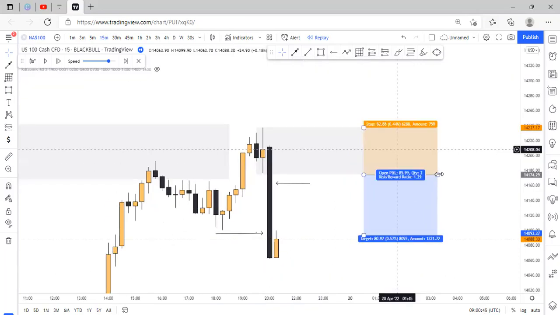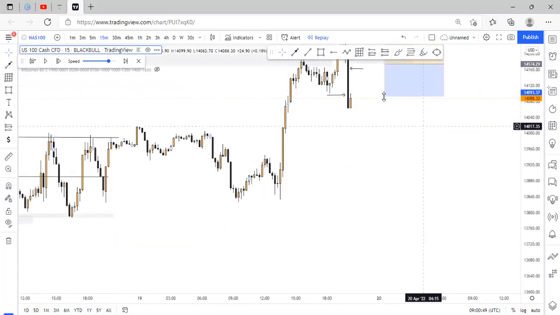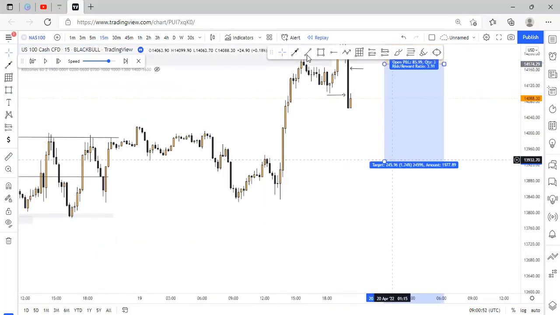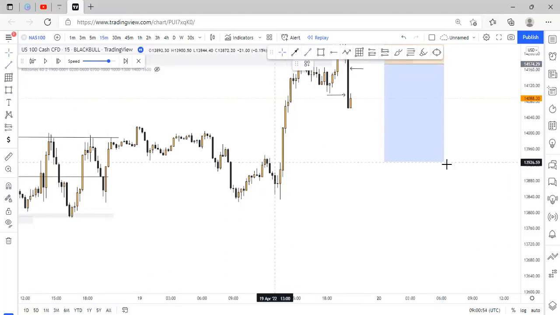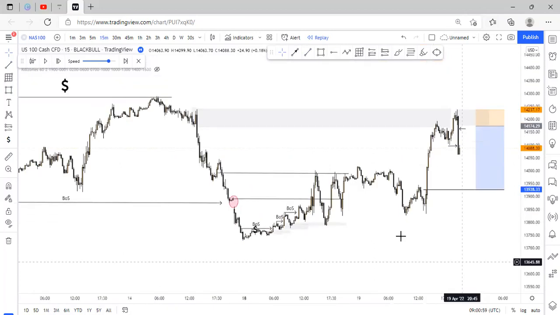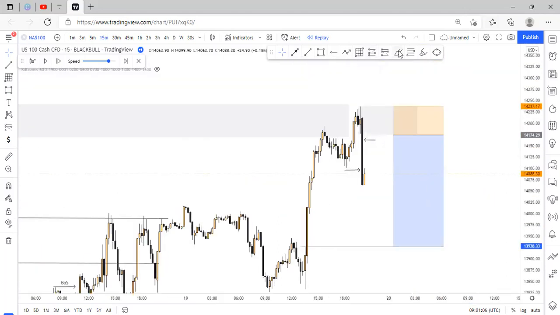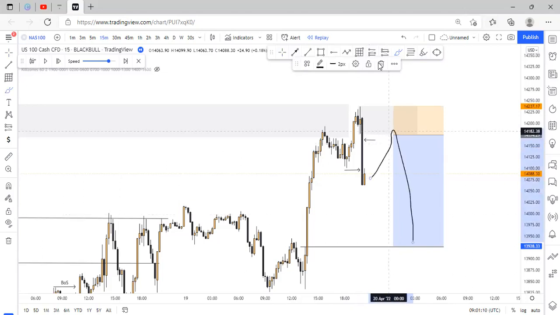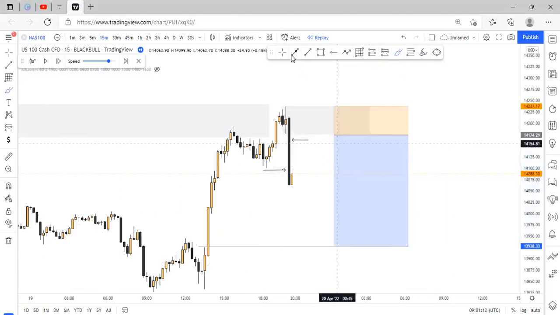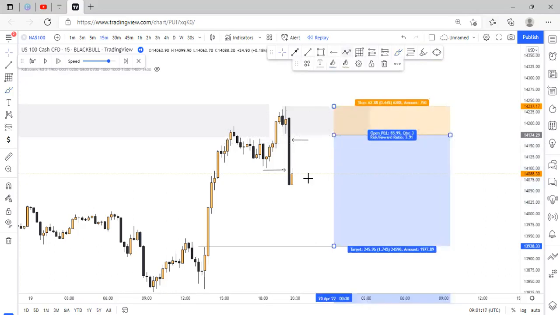which is around 62 pips. That is quite much. And I'll be looking to take my profit at this level right here. I want to be in and out of this trade as soon as possible, which is around 245 pips. So I'll be expecting price to come back into this zone and shoot down. And if a 62 pips stop loss is too much for you,